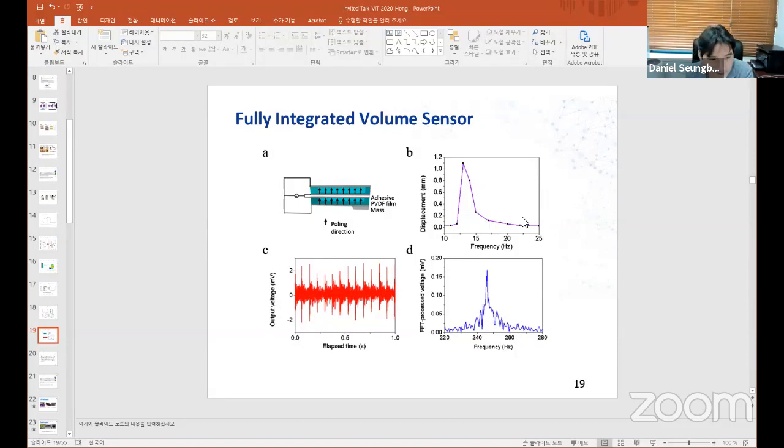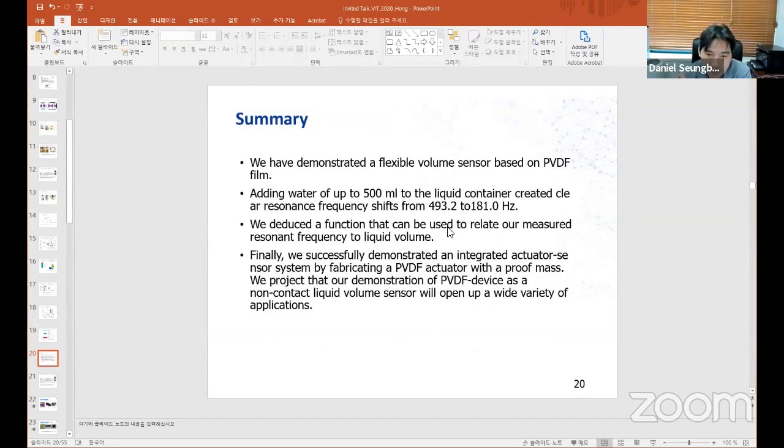It didn't work like that at the fourth layer, but I would say it was pretty close. So I was very happy with this first paper he published. So I'd like to summarize the first part of this small example, that we have demonstrated a flexible volume sensor